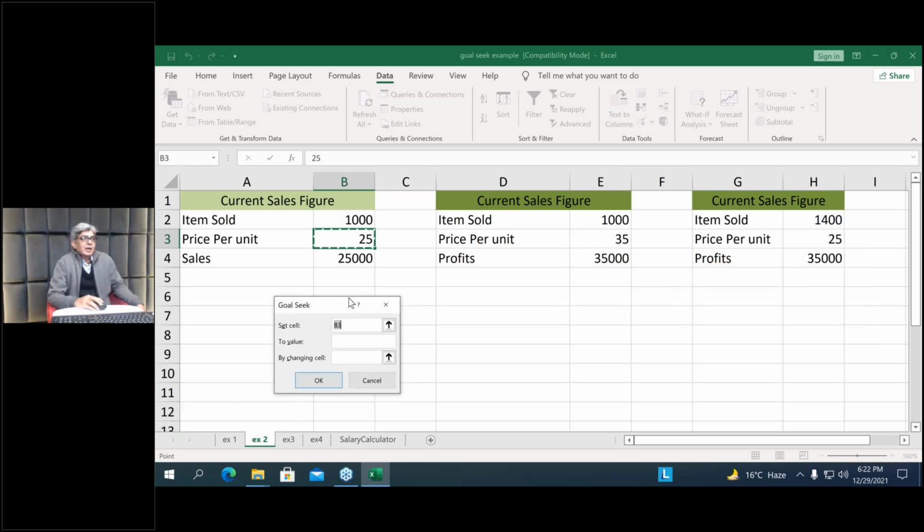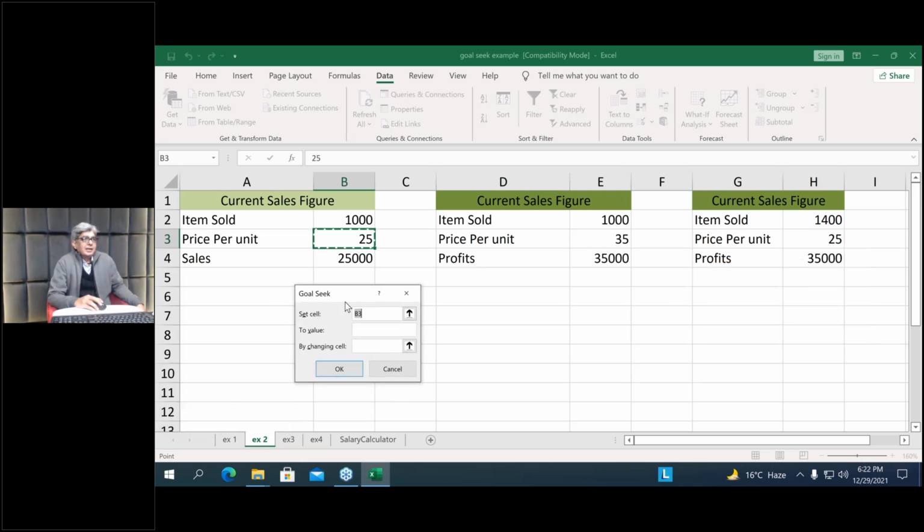Okay. In this case, the set cell is this one, because here is where the sale value will come. Set cell is this one. What should the value in this cell be? 1,25,000, right? This cell should contain 1,25,000, and by changing cell,